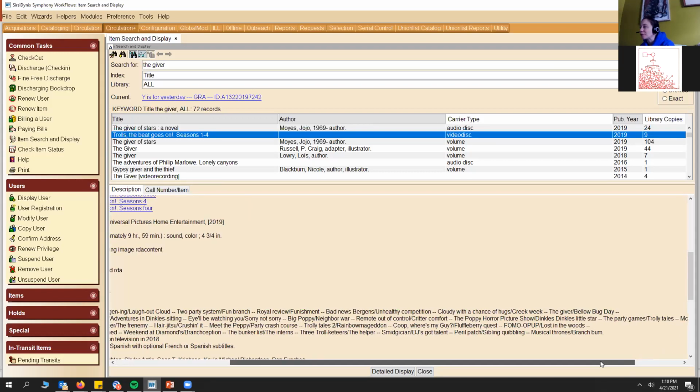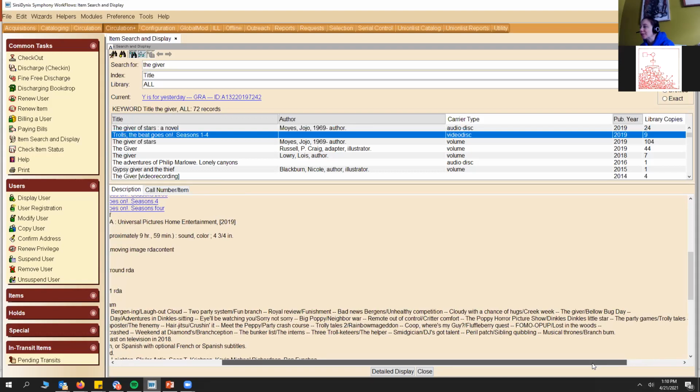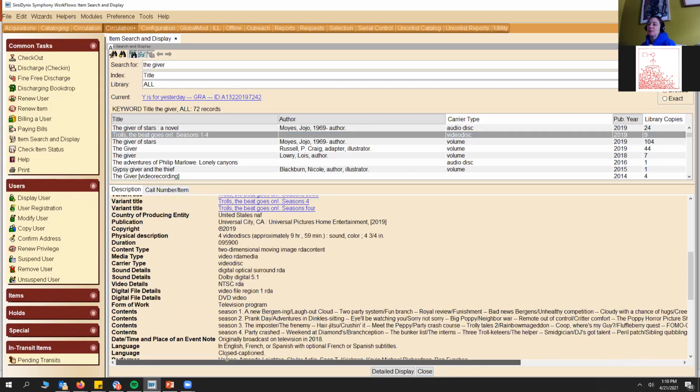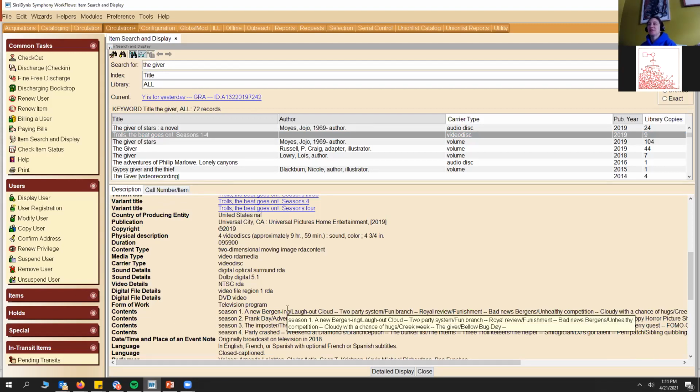I can't spot it, but I'm pretty sure there's a chapter title probably called Giver. Oh, there we go, The Giver. See? So when you are doing a keyword search, particularly in title, it's including these contents fields as well, which seems a little bit counterintuitive when you're thinking about the table of contents in terms of chapters of a book, but it's actually really, really helpful